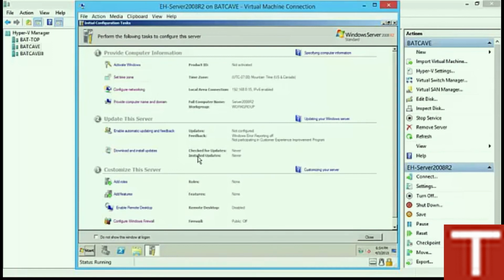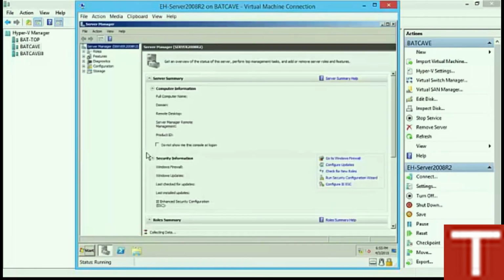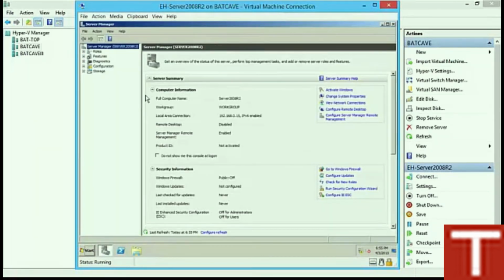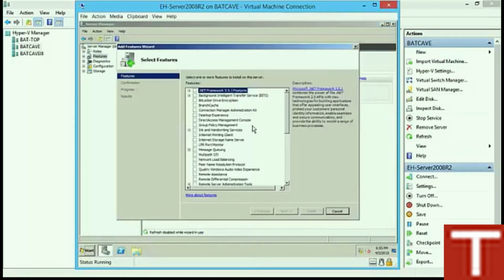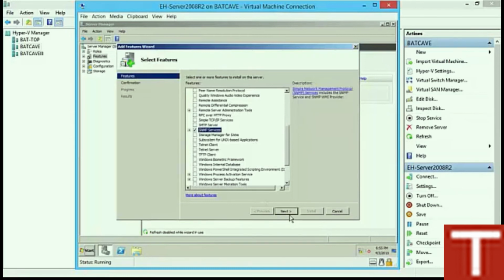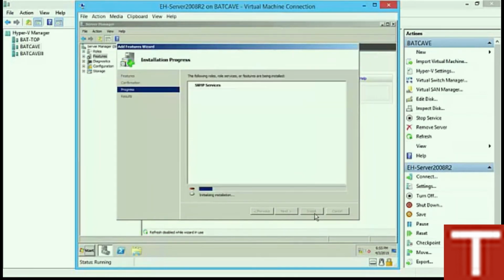Okay, and then we want to enable the SNMP service on this box, just like we did on the 2012 R2 machine. So we're going to come over here to our features and add a feature. Let's close this; I'll show you the other way of adding it. Inside the Server Manager console, we can simply come down here to Features and select Add a Feature. I'm going to scroll down and install my SNMP services. Hit Next, Install,